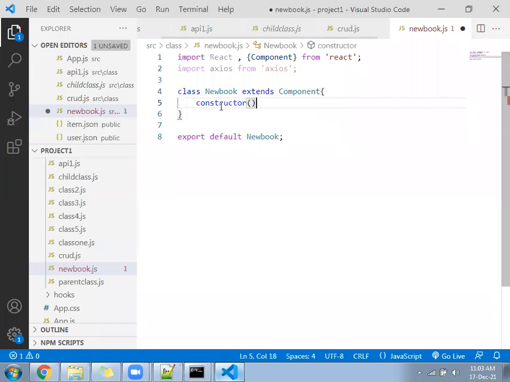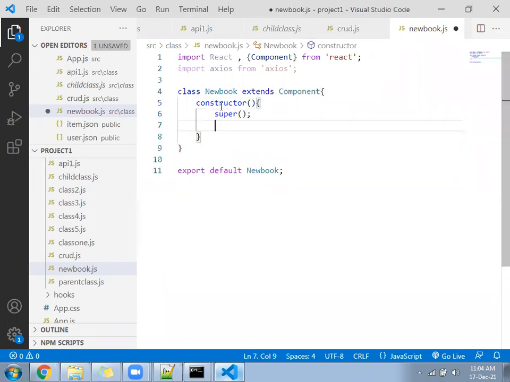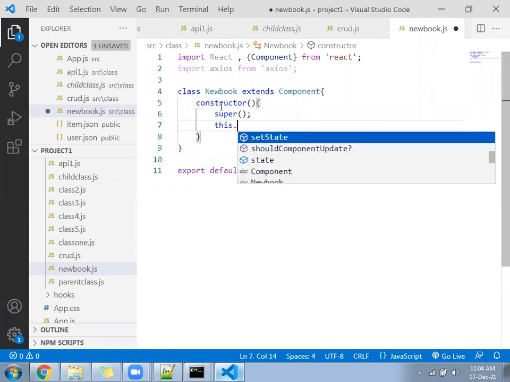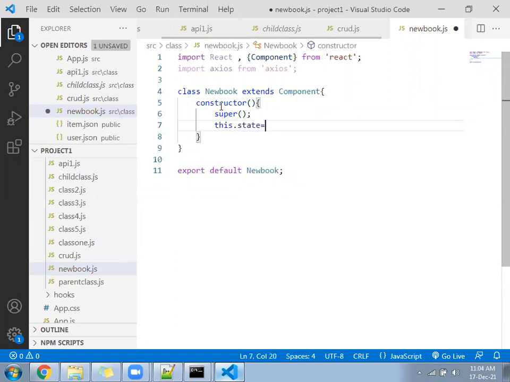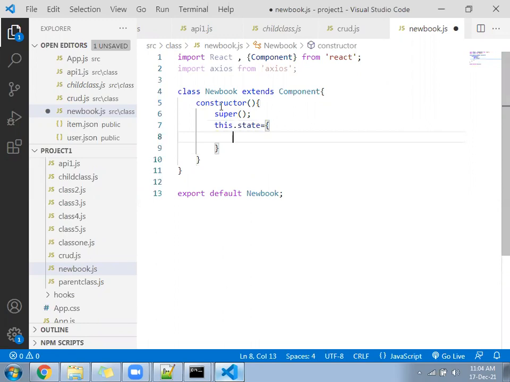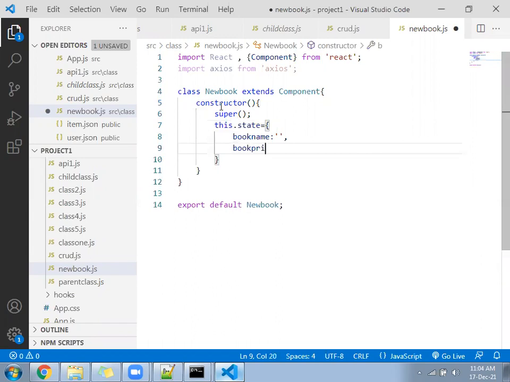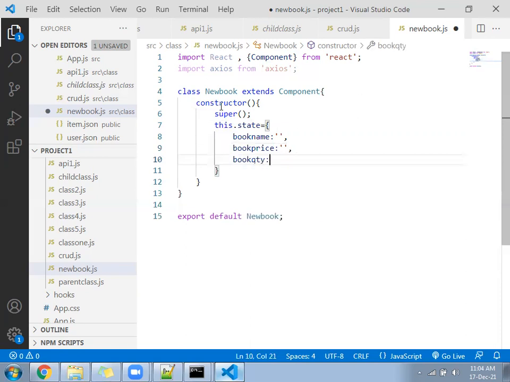Constructor, super, this dot state equal to book name, book price, book qty.